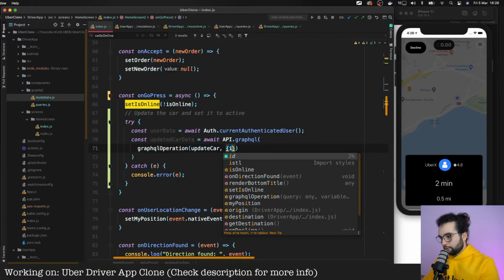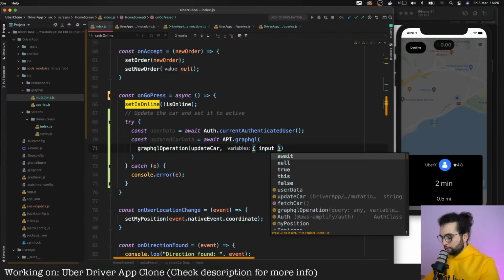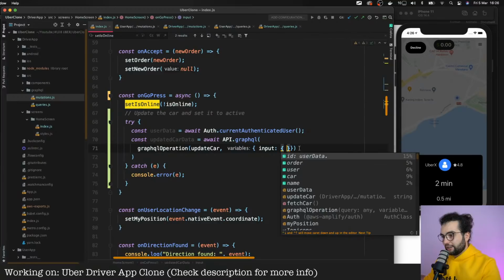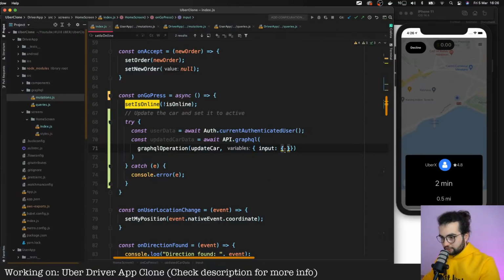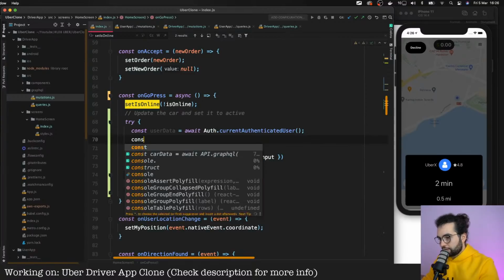For the input, I think we need to provide the ID, which is mandatory, so it will know what car to update. And also we need to provide the fields that we want to change.